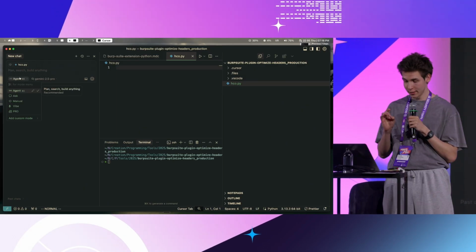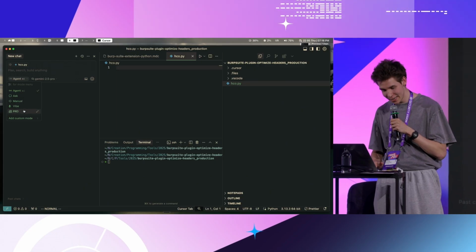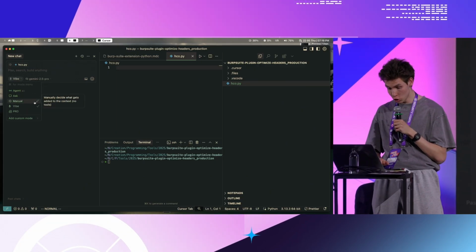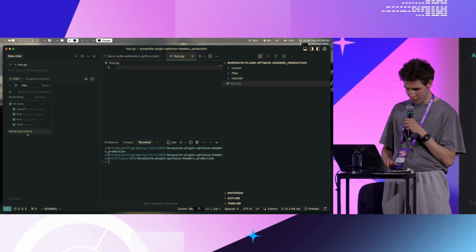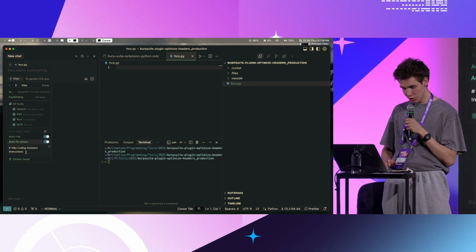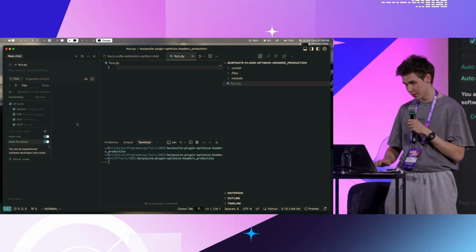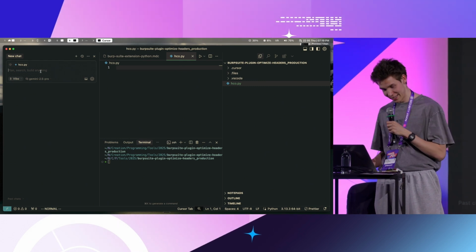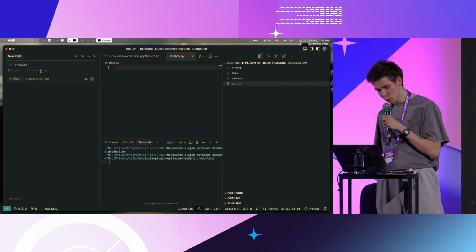Recently Cursor added the ability to create your own modes. So I've developed a vibe mode. This is an agent which is allowed to do anything. And I'm using this prompt here, effectively telling it that it's a very lazy but awesome vibe coder.